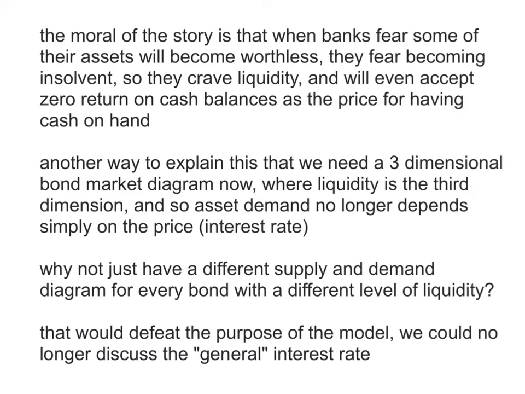Okay? Now, you could imagine, oh, let's fix this by having a different demand and supply diagram for each kind of bond, and each kind of bond has its own liquidity properties, and then that's okay. The slopes will look different and so forth. But then the whole point of the demand and supply diagram is to be simple and something we can manipulate, and not have 1,000 different demand and supply diagrams, each of which has their own liquidity alpha parameter value.